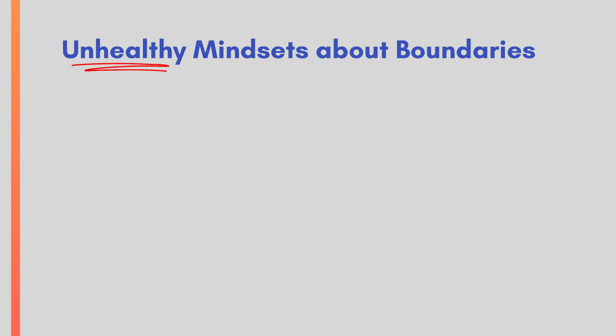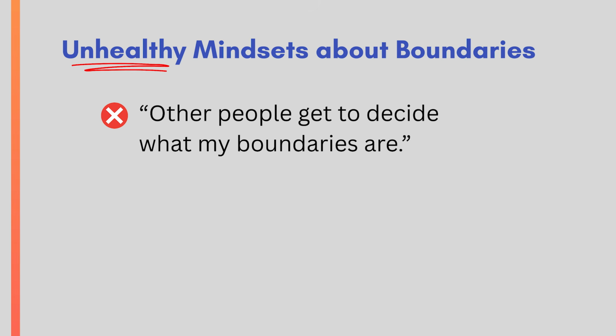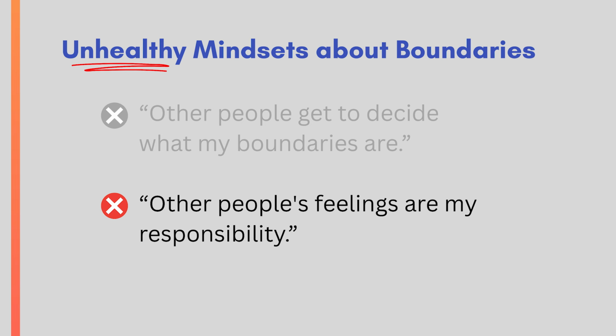I strongly believe this video on how to communicate boundaries belongs in a series on assertive communication because some people, maybe you, have what I think is an unhealthy mindset that incorrectly says, other people get to decide what my boundaries are. And there's a related mindset that says other people's feelings are my responsibility. And when we think this way in conversations, we routinely let people cross our boundaries, whether they're intentionally doing it or not. We sometimes pick up these incorrect assumptions about boundaries because maybe that's how people handled our boundaries when we were younger, or perhaps even as adults in the workplace.